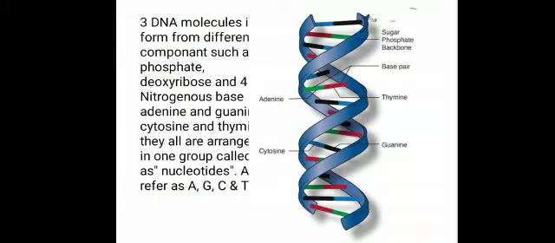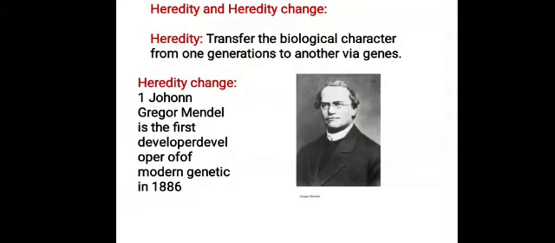This basic definition we learned in the 9th standard. But we know that the hereditary character is transferred with the help of genes. And genes mean what? A part of the DNA. That means once we cut the DNA into small groups, each and every group is known as a gene. So these genes are helpful for passing the hereditary character from one generation to another. So these basic things are related to our actual chapter of heredity and evolution.